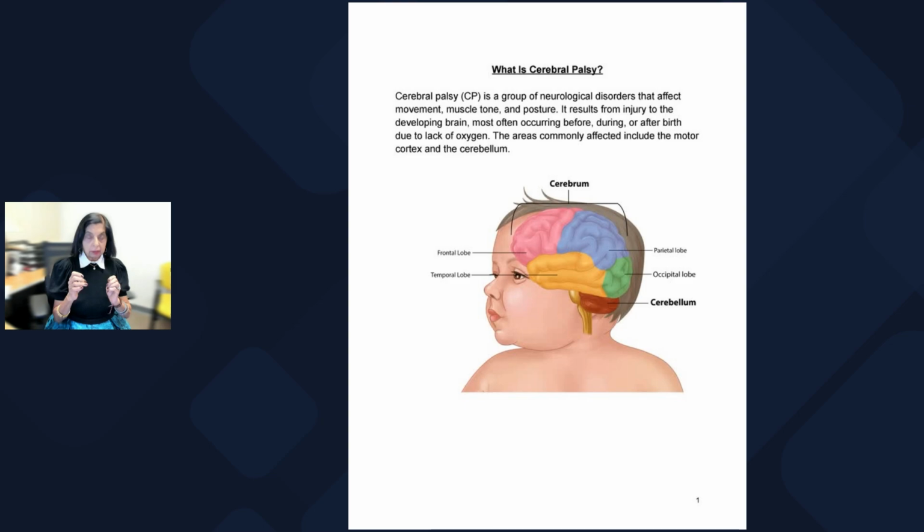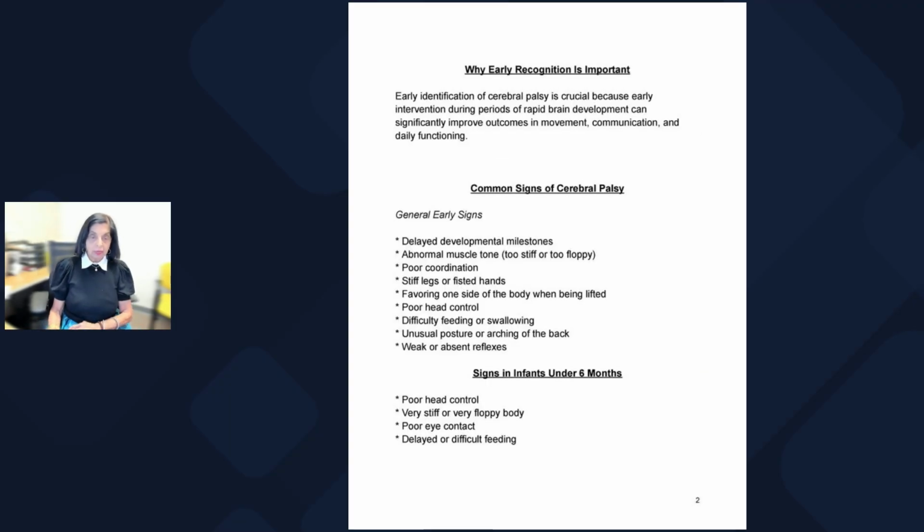To make things simple, I have a couple of other slides that will show the babies. First of all, I want to go through the signs of cerebral palsy. I divided them into three groups. The early signs include delayed developmental milestones, abnormal muscle tone, like I mentioned before, either too stiff or too floppy, poor coordination, a stiff leg or fisted hand, poor head control,